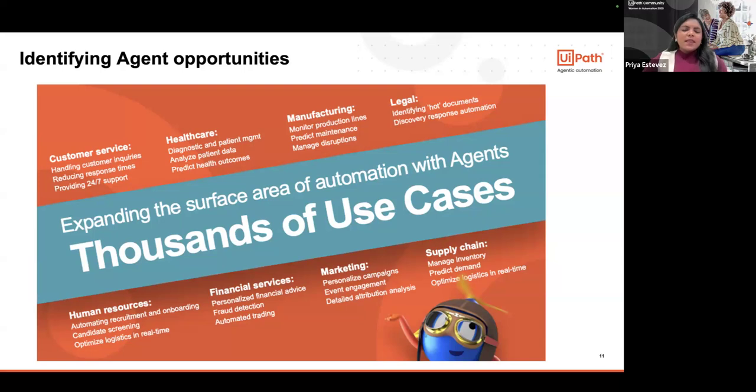That's where the humans could be involved, versus relieving yourself from very basic questions or inquiries into the agents. And when it comes to healthcare, every time we go to a doctor's office, we spend a lot of time waiting. What if you could automate all of that and analyze this patient data? Because every time somebody gets a test result, you have to wait for the doctor. But what if an agent could handle that?